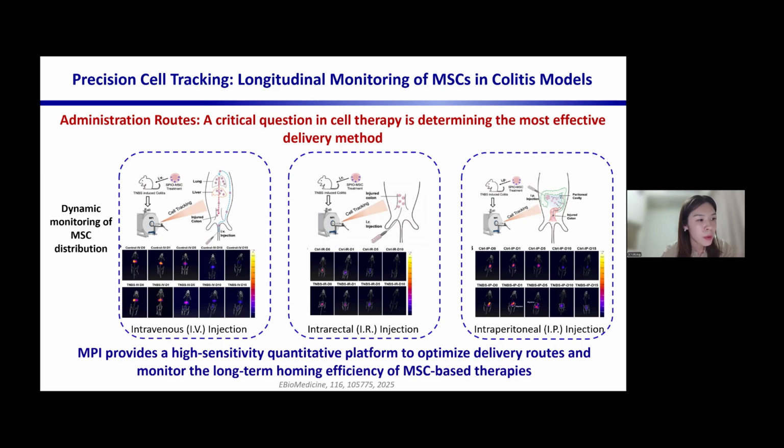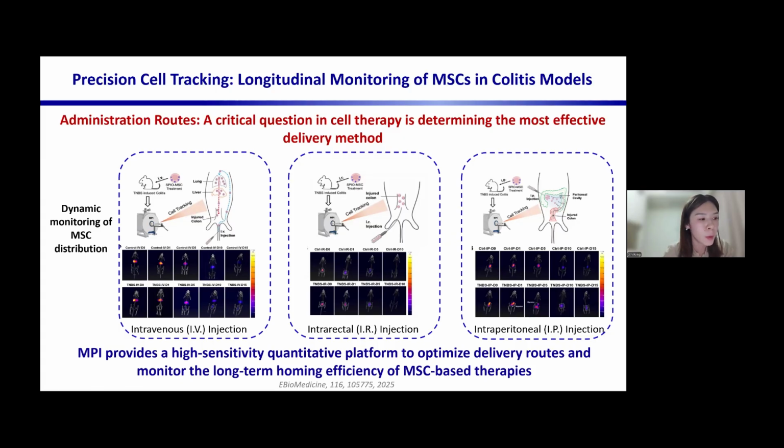And the workflow for MPI cell tracking is very straightforward. The target cells are just labeled with the spiles through co-incubation. And after the labeled cells are reinfused into the body, we can use MPI to dynamically monitor their distribution and